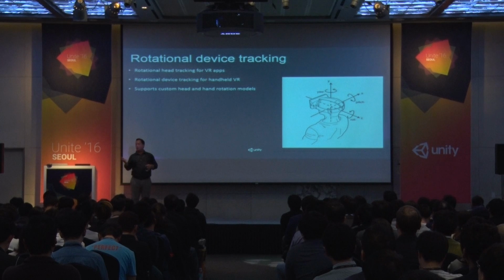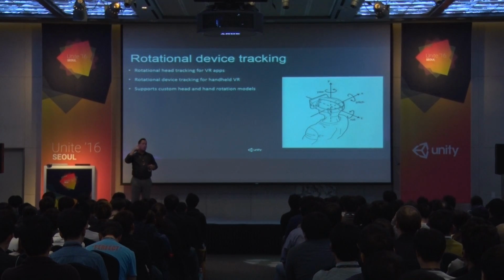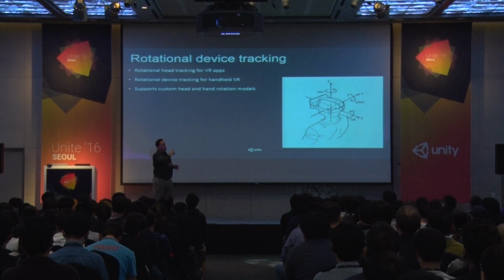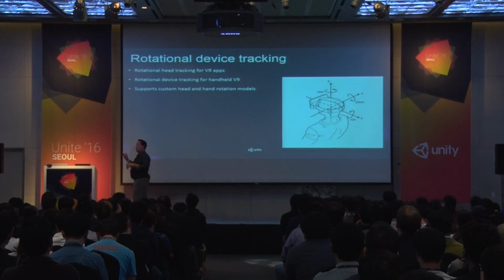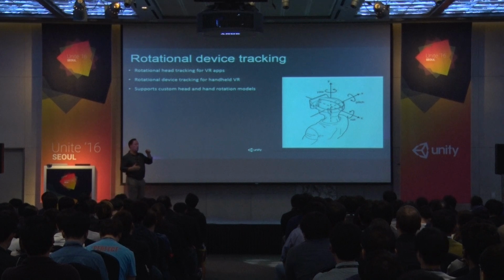Now, if you're doing head tracking, when you look at the rotation of a user's head, it's not simply on a fixed point. It's not rotating like this, right? It's rotating on your neck, and the person's head is typically a little bit forward, and a little bit higher than the rotation point. So we provide a model that does that kind of adjustment. It's like a head grip, effectively. We do the same for your hand. These are really rotational offsets that provide a more accurate rotational pose estimate.